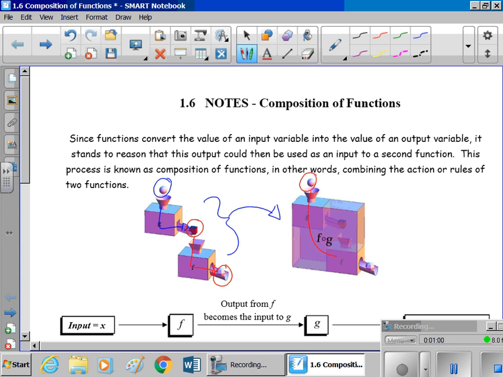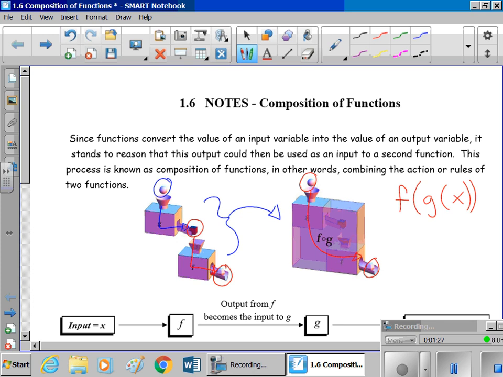There are two different notations here. We can say it's f of g of x, and this is how we write it, f of g of x. The first thing we're going to do is put what we're looking for into g of x, and then whatever comes out, we're going to place into f of x. I know this sounds a little bit confusing, but when we do a few examples,